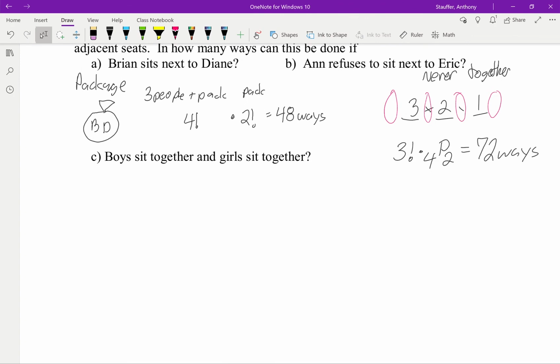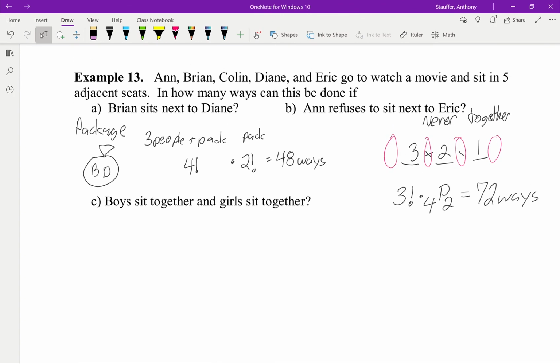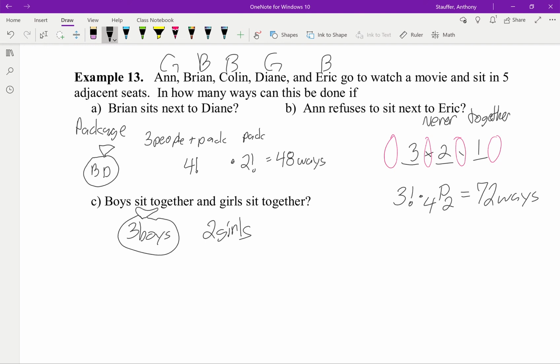Boys sit together and girls sit together. So what do we have here? We're going to assume that Brian's a boy, Colin's a boy, and Eric's a boy, and that Anne's a girl and Diane's a girl. So I have 3 boys and I have 2 girls. So I can look at this as being a double package question. So I have 2 packages and nobody else,